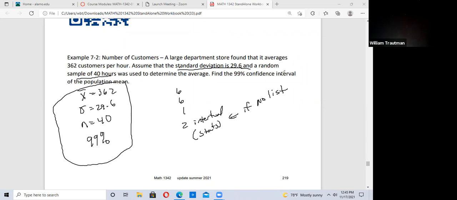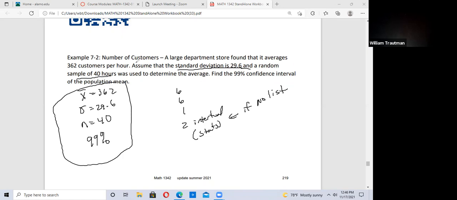There you go. Standard deviation was 29.6. The average on my calculator was 362. N is 40. And the confidence interval is 0.99. We have a 99% confidence interval. And when I hit enter